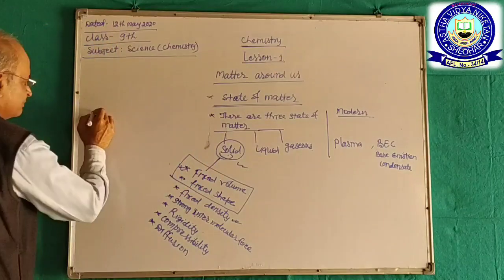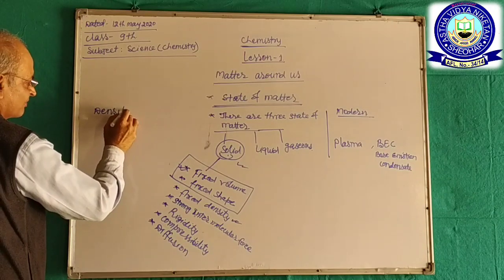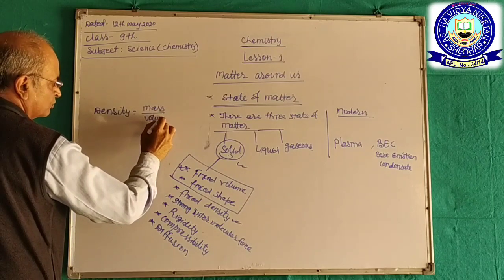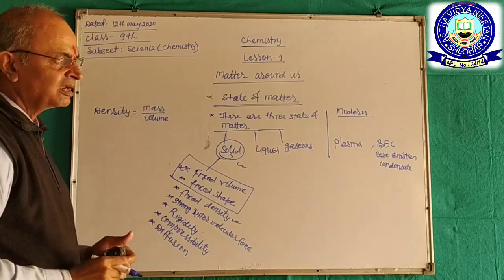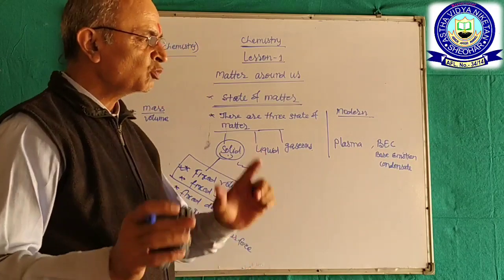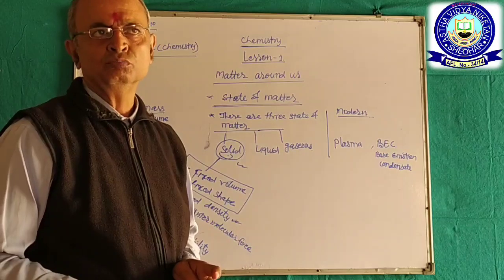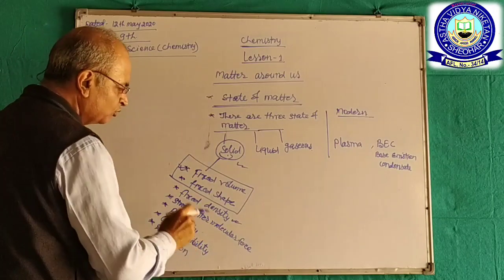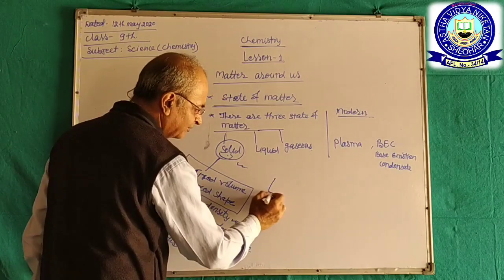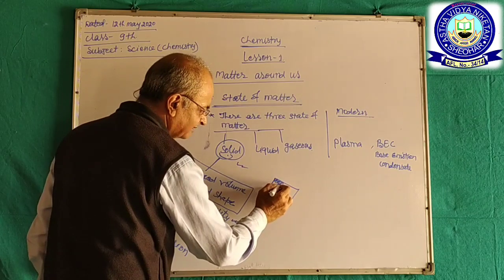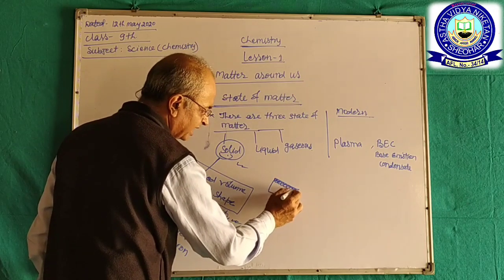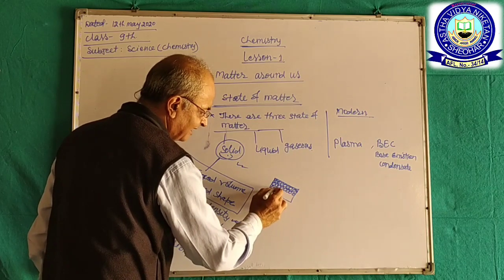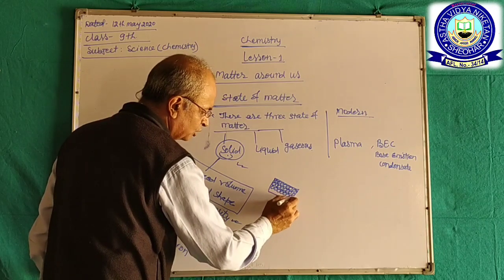Density, we have learned in previous classes, density is equal to mass by volume. Means how much mass of that matter or the solid is occupied in 1 unit volume. Therefore, it is called density. Strong intermolecular force, because the solid has intermolecular compactness. Because of that, they have very less gap in between them, and they are attracted with very strong molecular force,